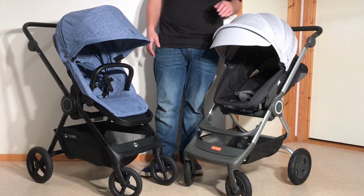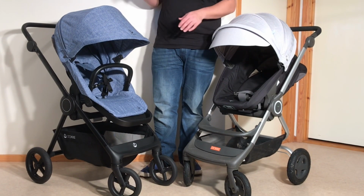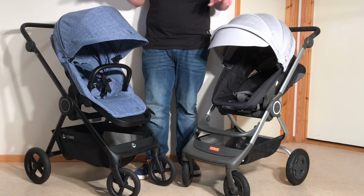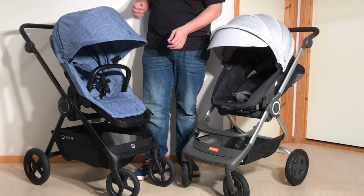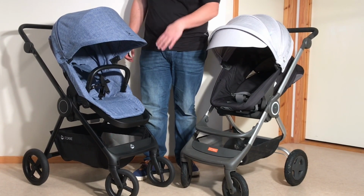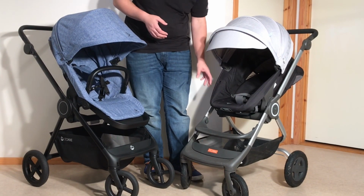And the seat unit on the Scoot came in at almost 4 kilos on its own. The seat unit weighs almost nothing on the Beat. And we have videos where we take the textiles off of both of these seat units if you're interested in seeing. But the seat unit under the textiles on the Beat is composed of very, very thin plastic. There are very, very thin connection points along it, whereas the Scoot is really a solid piece of work, even without